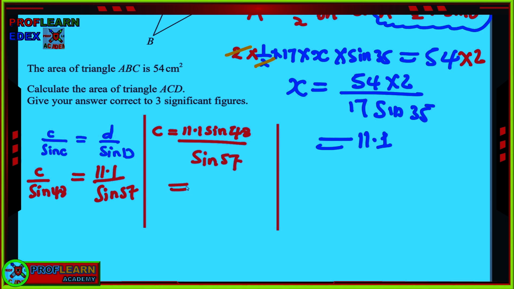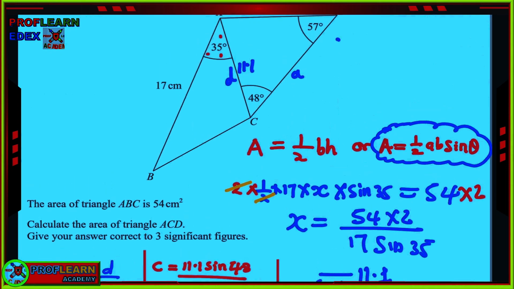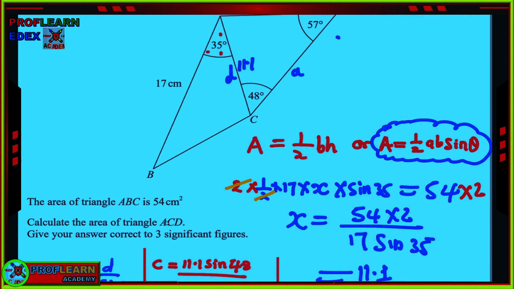this will give us 11.1 sine 48 divided by sine 57, and if we work it out, our answer is 9.84, 9.84, our length there. Then now, because we are trying to work out the area of triangle ACD,